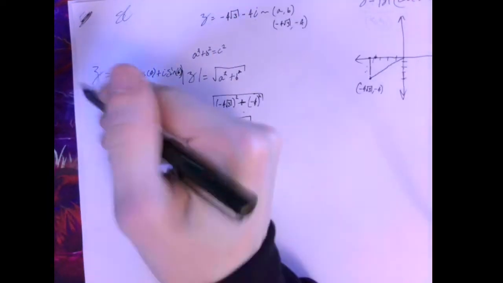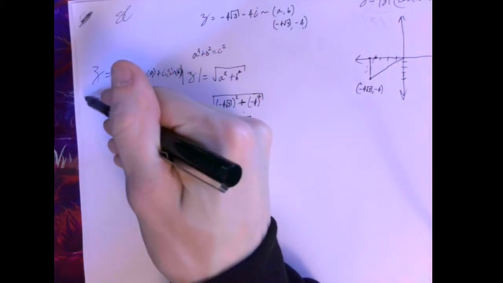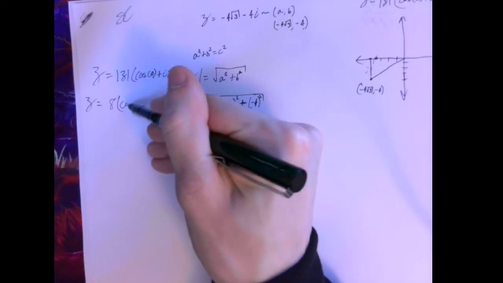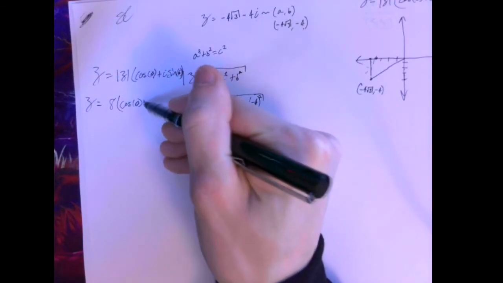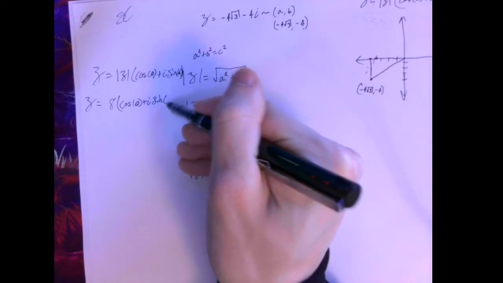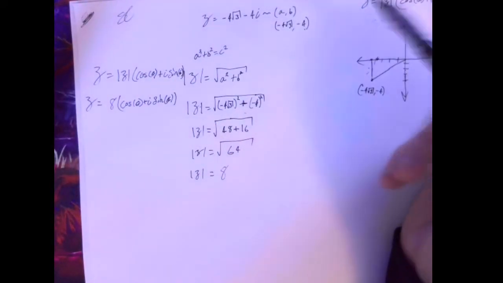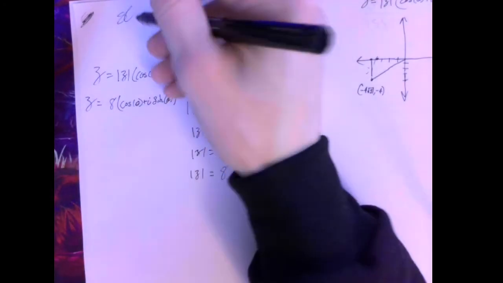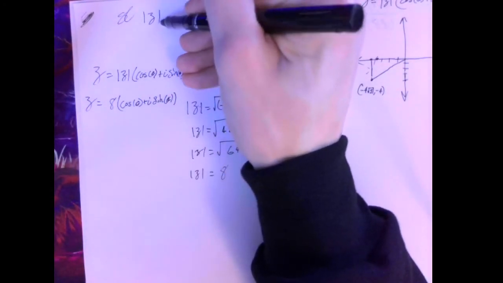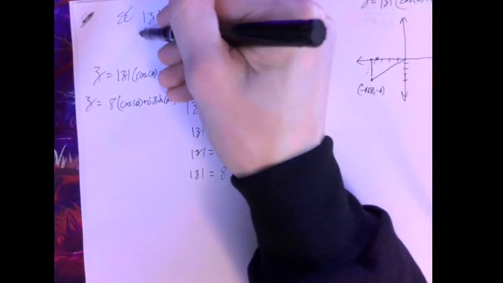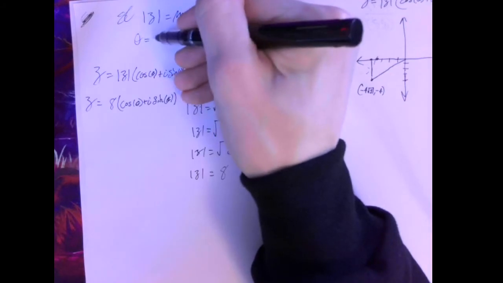Forgot parentheses there. So far we know the modulus, so let's go there and add it in. 8 cosine of theta plus i sine of theta. Right? So what's next? What do we have left to do? Well, like I said earlier, we want to find the argument, or the modulus, which again is the absolute value of z. Then we want to find theta, which is the argument,